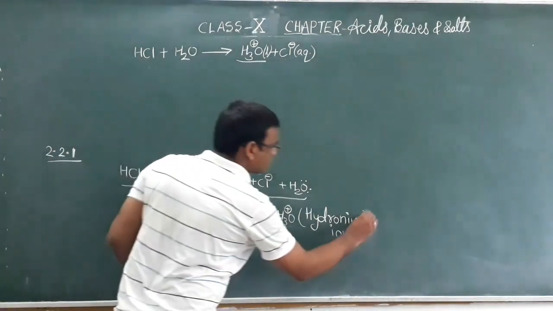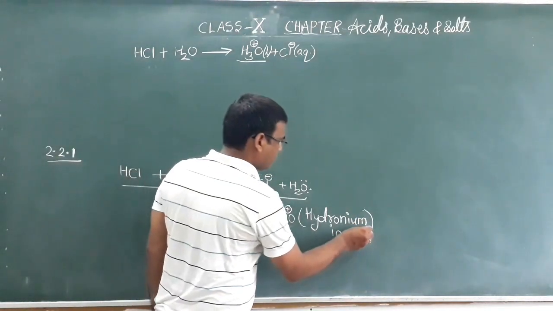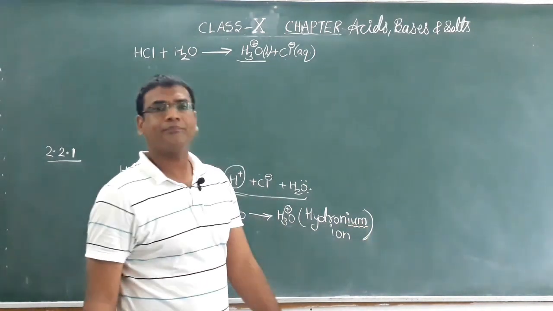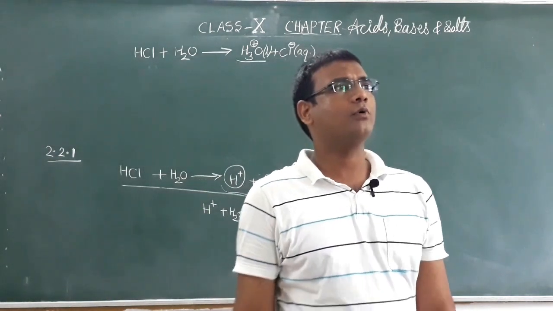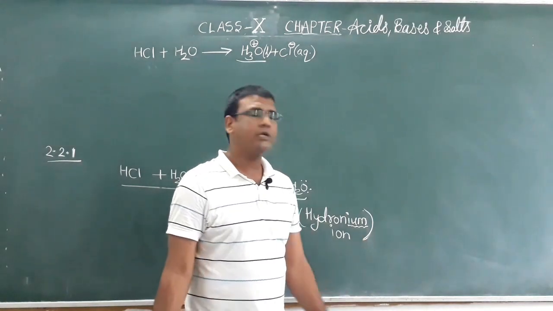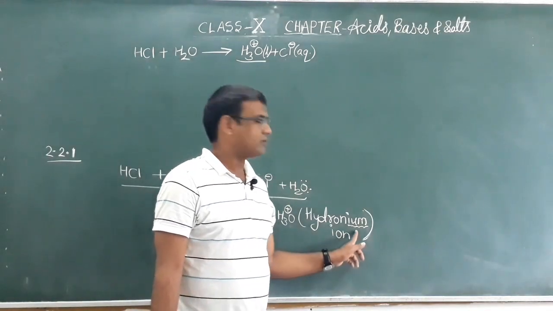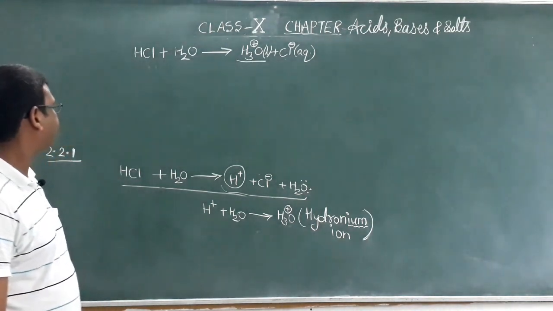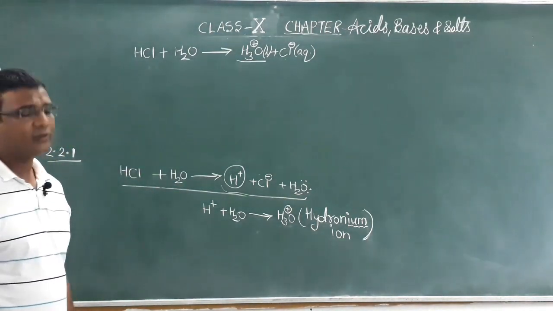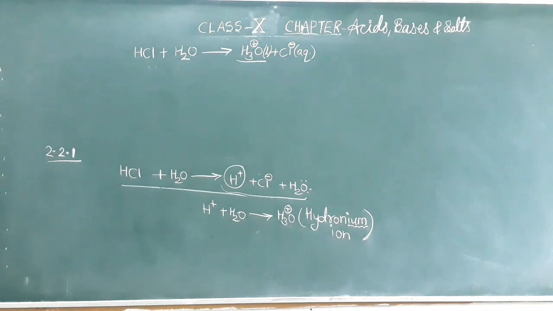Now here it is given hydronium ion. You see in the name, in the last there is ium. Whenever a positive ion is named, generally we take the suffix ium, for ion. So this is hydronium ion. In this reaction you can see easily, and the same equation you can also write for many acids which you have already discussed.